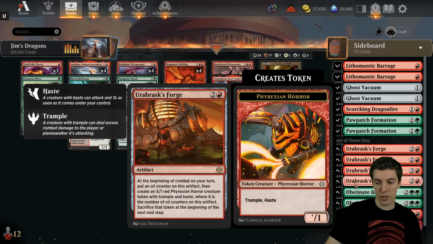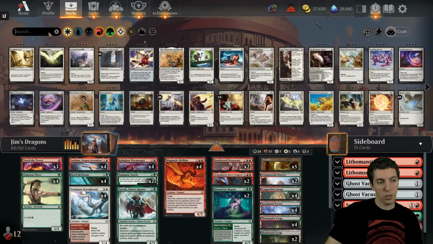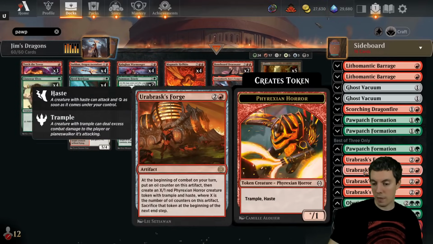We've got 4s on the board here against Dimir. Pawpatch Formations against the Dragon. I'm just going to add another Pawpatch. Pawpatch is really, really good. The Demon deck is quite good against this deck because it has a bunch of 6/6s, so let's do that. Let's cut a...